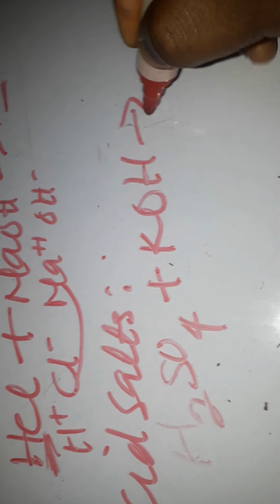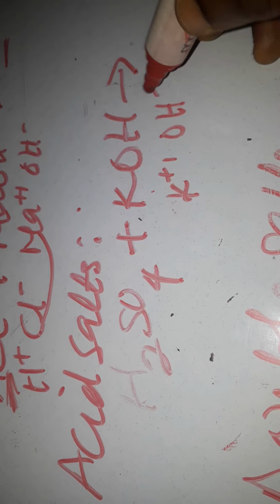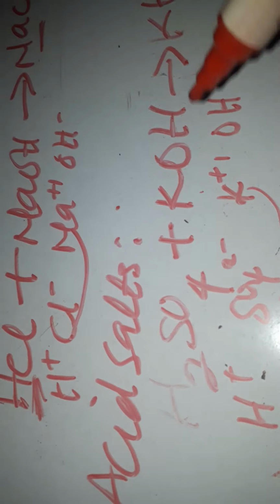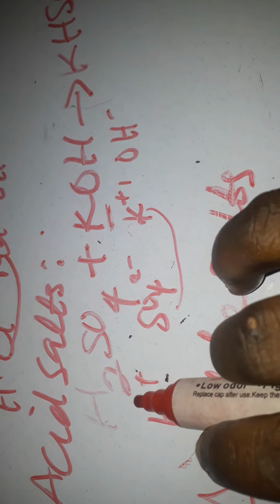again, we have tetraoxosulfate 6 acid reacting with potassium hydroxide. These two, when they react together, you have potassium here is K plus, 1 OH minus for hydroxyl, SO4 2 minus, and then we have H plus. When these two react together, at first, normally we are supposed to exchange their valency, but when you get KHSO4, because we have only one potassium here, potassium has plus 1, hydrogen is 2 here, and